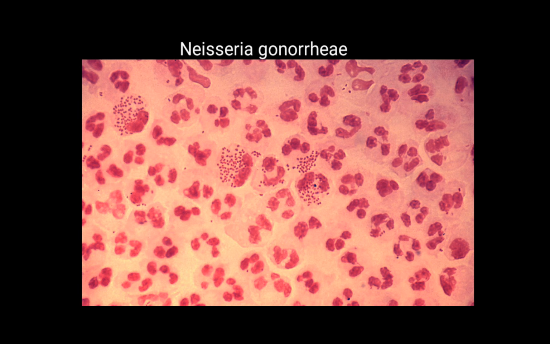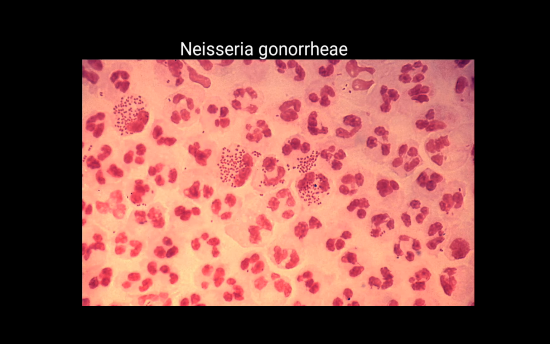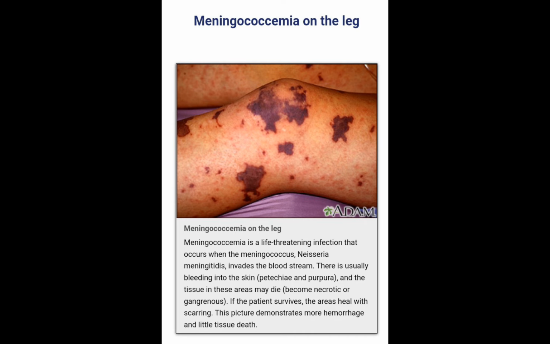Then we are coming to gram negative ones. In the gram negative ones, we have Neisseria gonorrhoeae, meningococcus, and H. influenzae. In Neisseria gonorrhoeae, we will have facultative intracellular diplococci. They are gram negative, shown pink, and it causes gonorrhea, an STD. Then next we have the meningococcus. Both Neisseria gonorrhoeae and meningococcus are catalase positive and oxidase positive.